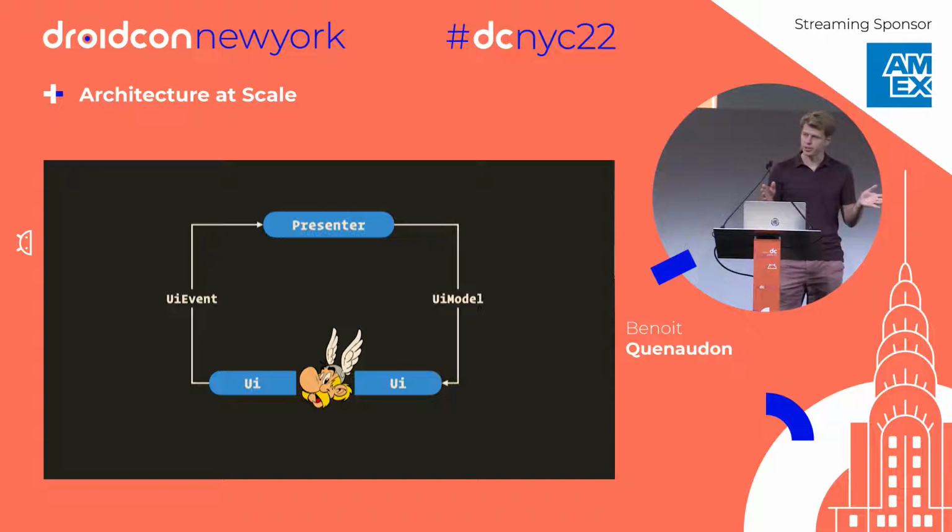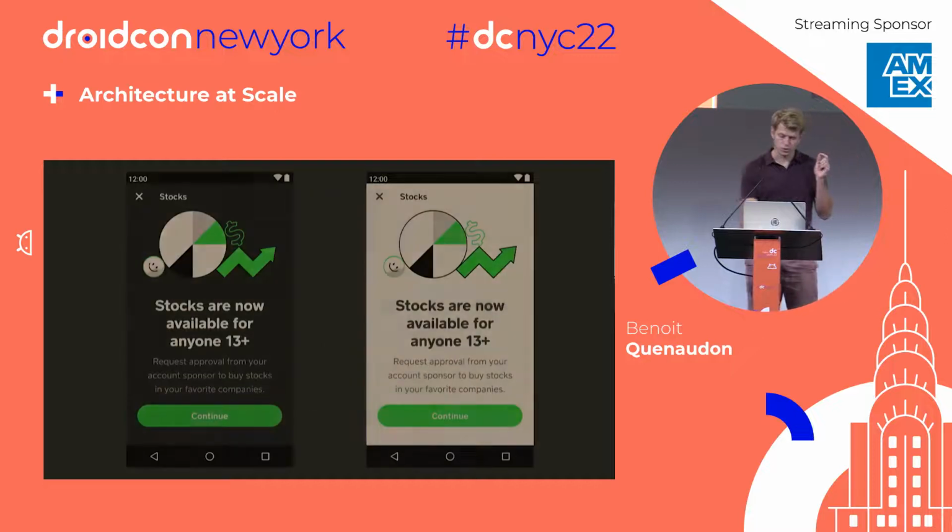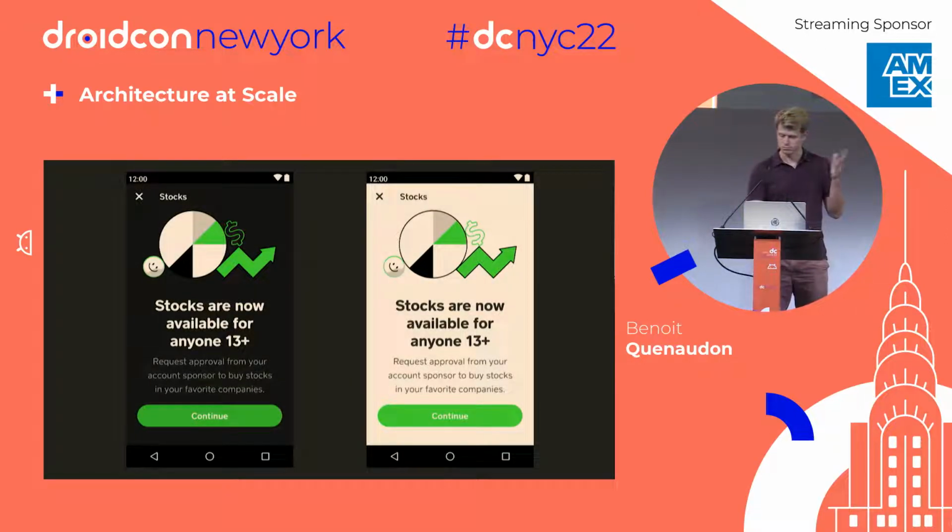We have side effects happening. They should stay constrained. The presenter does the business logic. It should never happen in the UI. On the right side, the UI should render on the screen, never reading, so never listening to customers' actions. And on the left side of the UI, we would just listen to taps, scrolling, whatever it is. So for the examples we will see through the talk, we'll use this screen. It's a basic screen. We have a toolbar, an image, 2 text input fields, and 1 button.